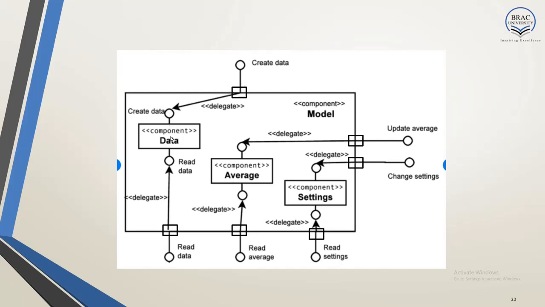And also for a create data option, the data component provides a create data interface, which is delegated to the outer environment through this port over here. And this is how the whole model component provides the create data, update average, and change settings operations to its external environment. So that is all. That covers some of the basic examples of component